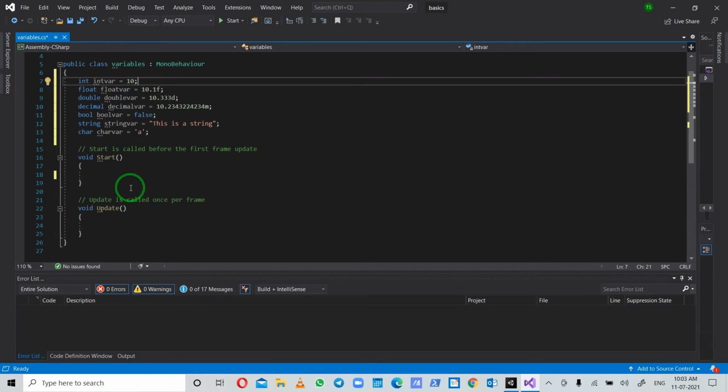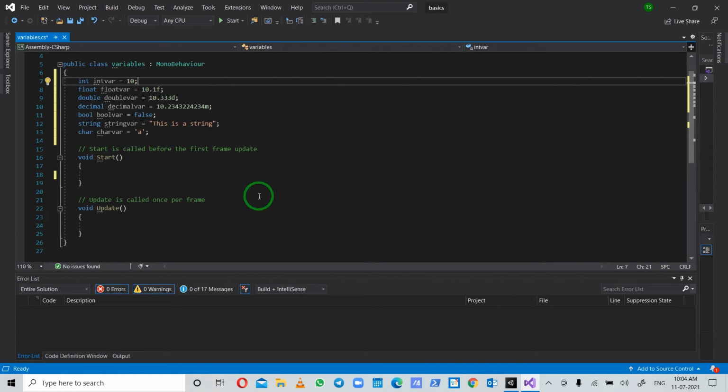Coming to the next part. Now that we know how to declare and initialize a variable and its syntax, there is another thing which is L value and R value. There are two types of expressions in C#, that is L value and R value. So what are L values?